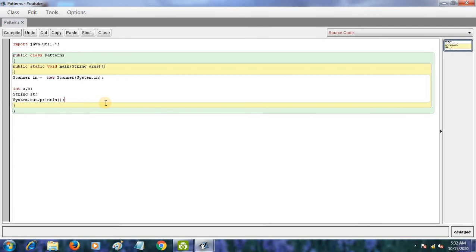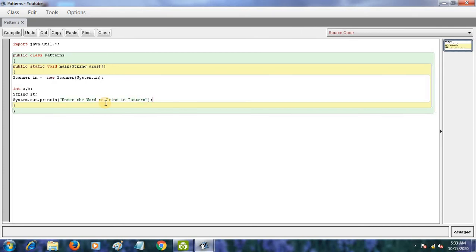So inside println, inside bracket, just give quotes and write the message whatever you want. So I will write enter the word to print in pattern.